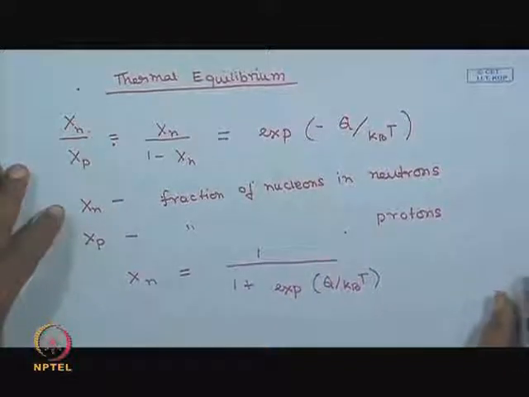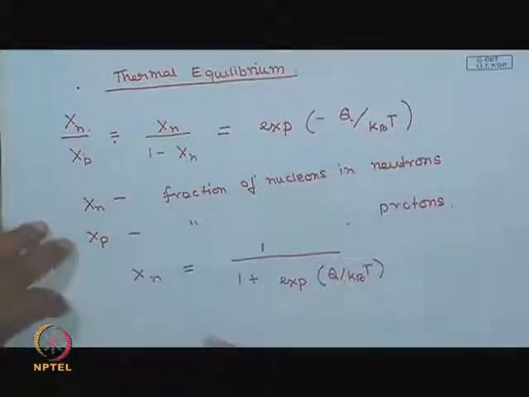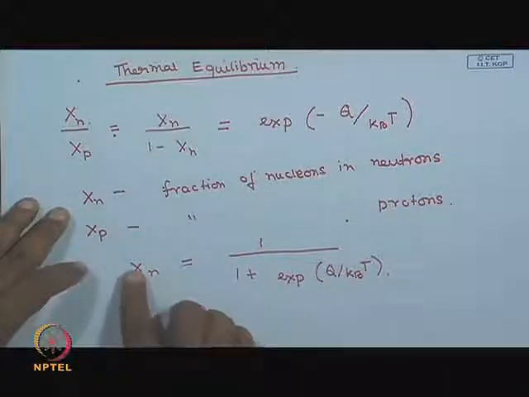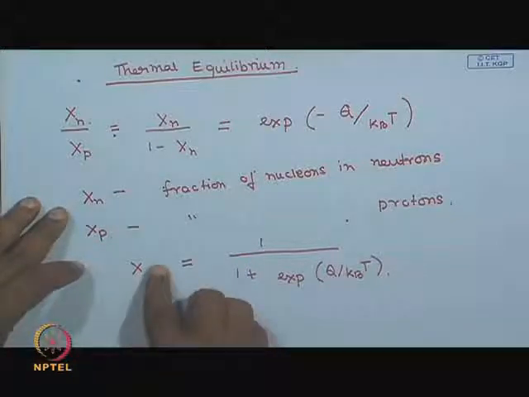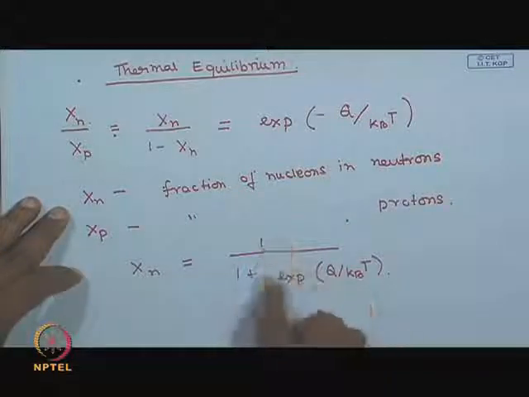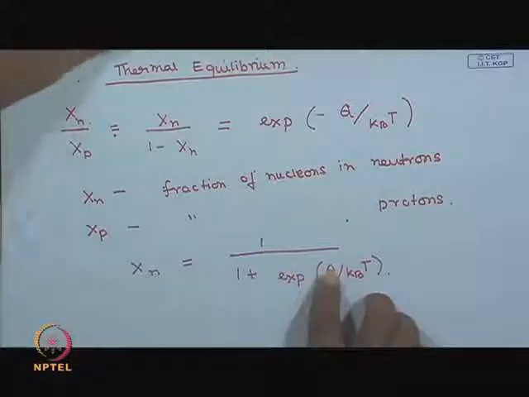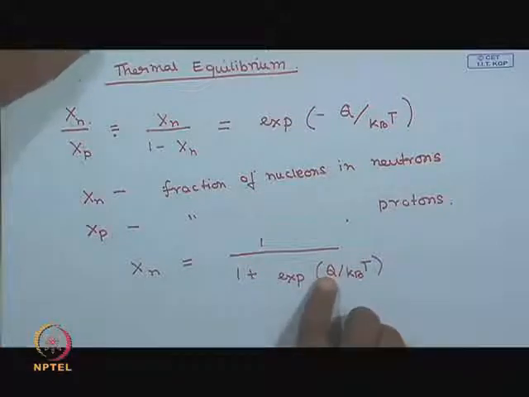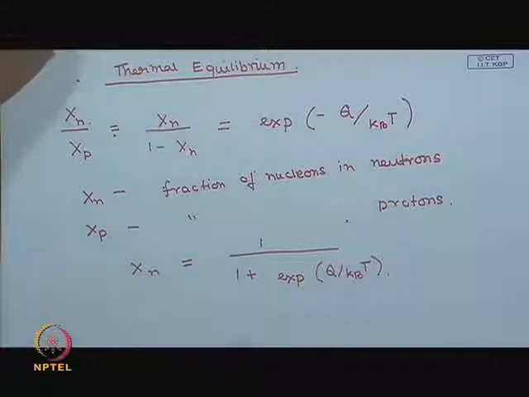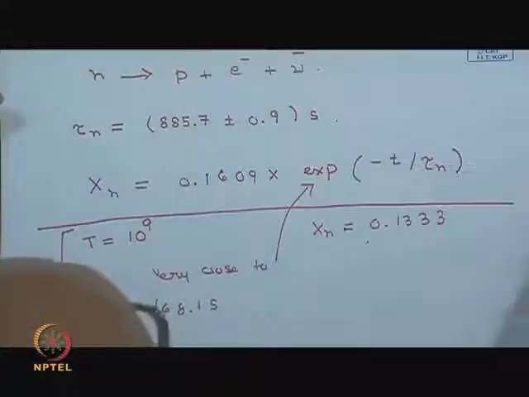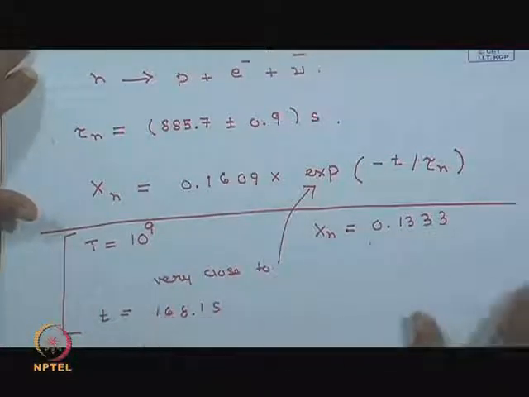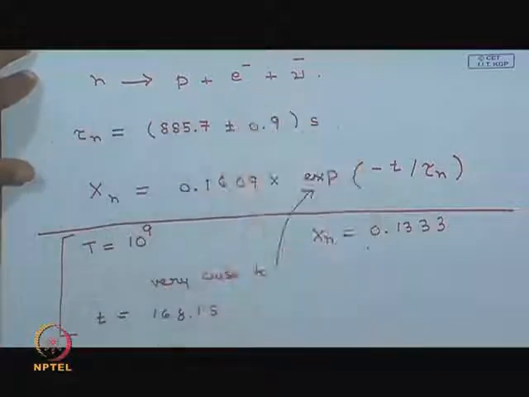So, there is an epoch where they are in thermal equilibrium, and this is at high temperatures. In this epoch the neutron fraction is well described by this formula, and I have also told you the value over here. So, one can use this to calculate the neutron fraction all the way till 3 into 10 to the power 10 Kelvin, and beyond that, once you cross that value where they are no longer in thermal equilibrium,